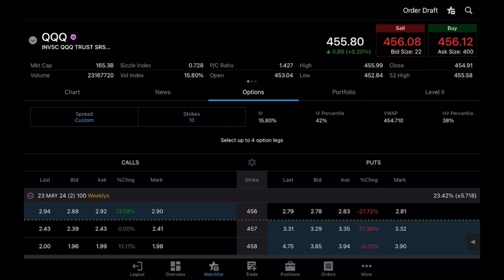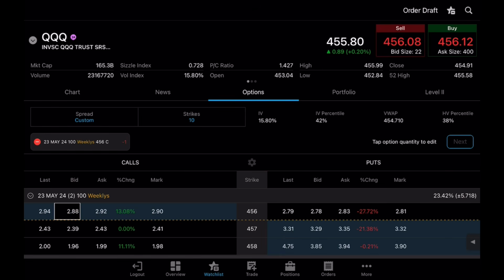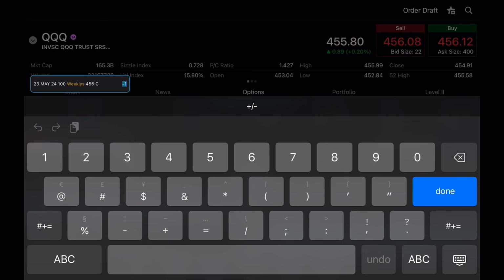So we'll take a look at the bid, and let's say you wanted to go ahead and purchase a contract. This is set for 2 days of DTE. So I'm going to click on the 2.88. It's telling us tap the option quantity to edit. I'm going to go ahead and you can tap that there, and you can decide how many contracts you want